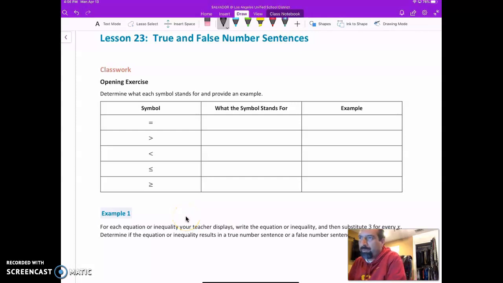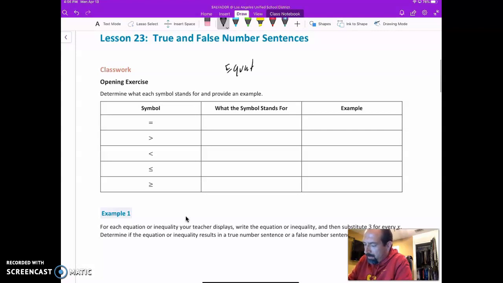Okay, guys, as I promised you today, we're going to be doing a little bit of understanding equations. And when you think about equations, I want you to think about the idea of having the two types. Right? You have the equation, but you also have something that is called an inequality. So we're going to talk about